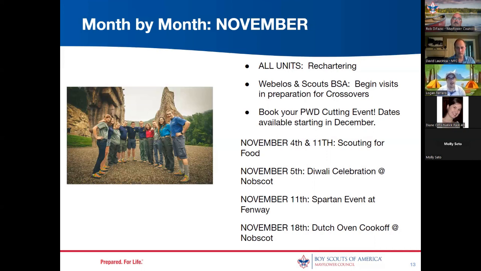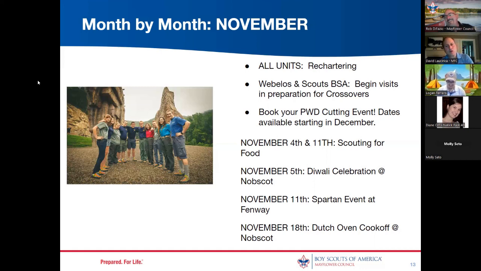Last year, we had 9 participants, everything from deep fried Oreos to a venison stew to a seafood chowder. French toast. Oh yeah, and there was French toast. There was a baked French toast. There was desserts. This is just a fun event for patrols and packs to come and make some delicious food and hang out. So we'll have fun activities throughout the day while the food is cooking, because obviously Dutch ovens don't necessarily cook at the speed of a fryer, but they cook at the speed of smell.